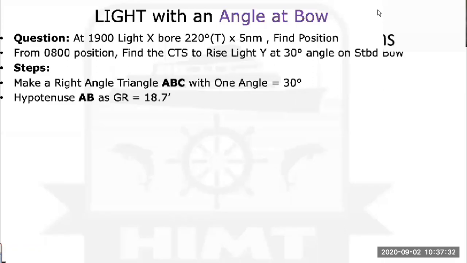What is the second data I know in this triangle? The second data I know in this triangle is the range. Why? That is the distance from the lighthouse at which I will see 30 degrees. That is given in the question, and that is the hypotenuse. Let me draw it, you'll understand. I have taken B as the lighthouse and A as the position of the ship. I'm joining these two with a line at a distance of 18.7, because he says at a particular range. So this is the range, rising distance.